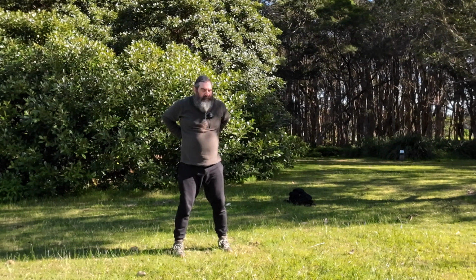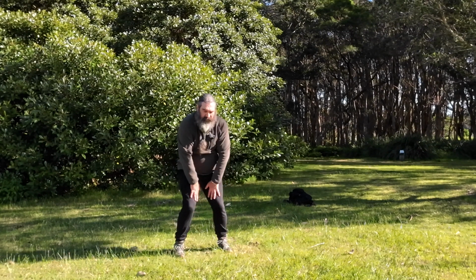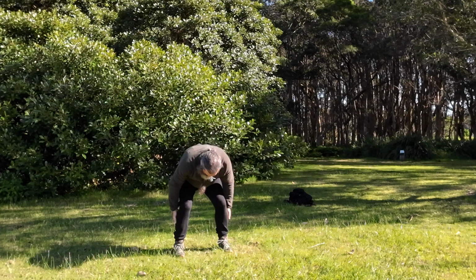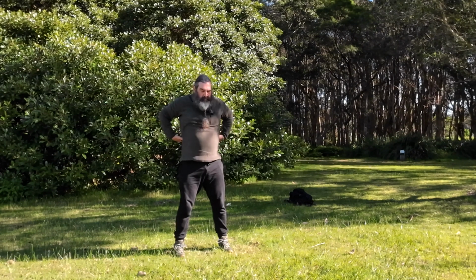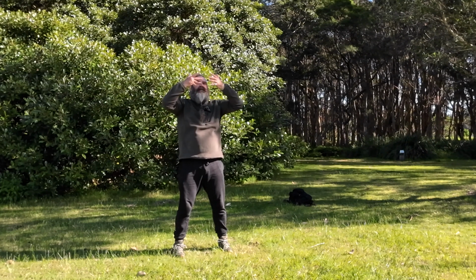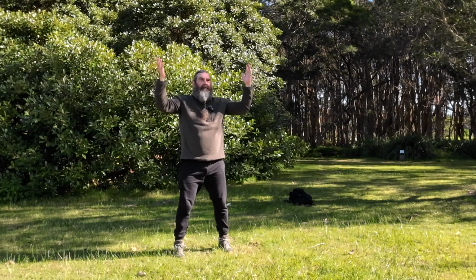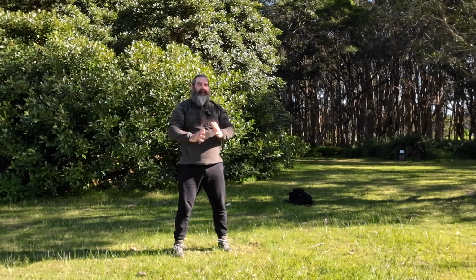Then we do 3 washes down the back of the legs, around the toes, or as close as you can go down, back to the inside of the legs, connect to the spleen and liver again, the kidney, around the toes and back up the middle. This time we're going to come up, circle the mind and brain 3 times. Release it out, connect back to the ears, rise up, draw the energy down to the Taiji pole,